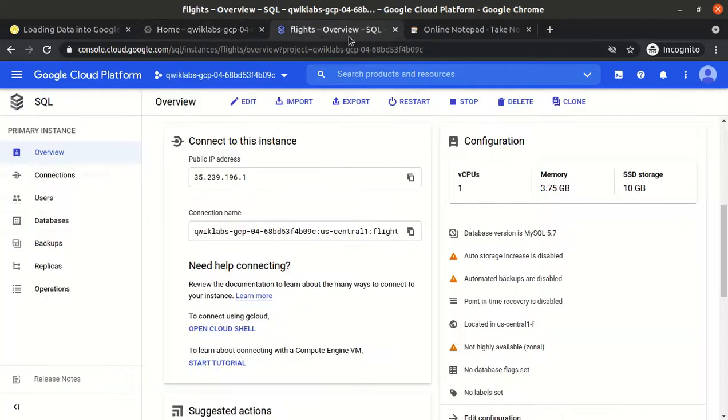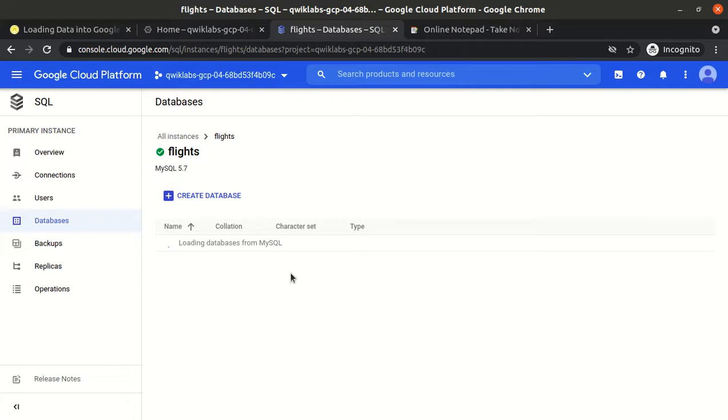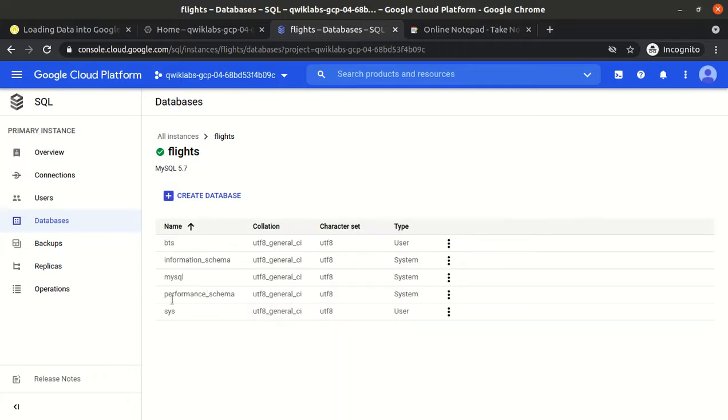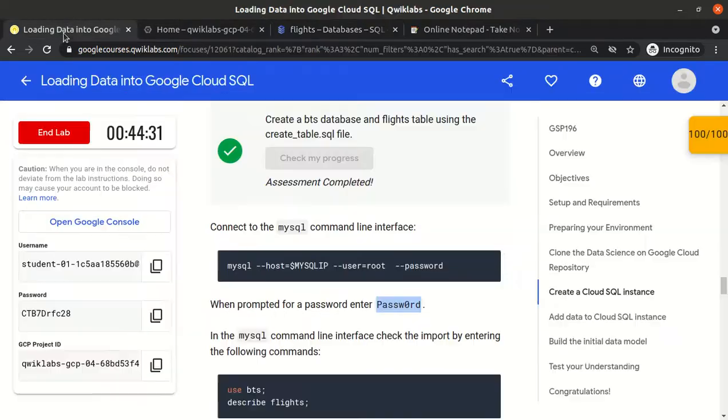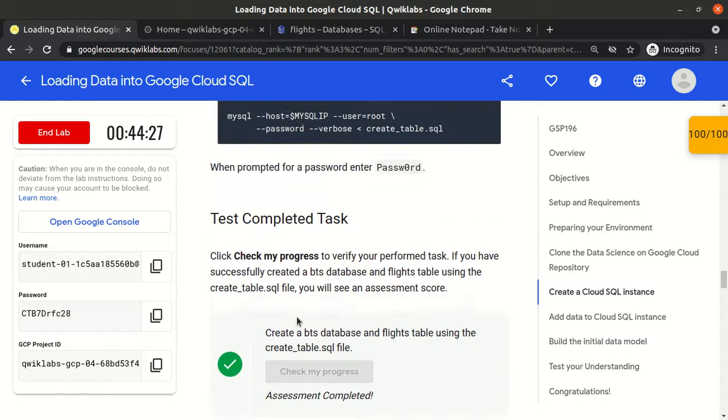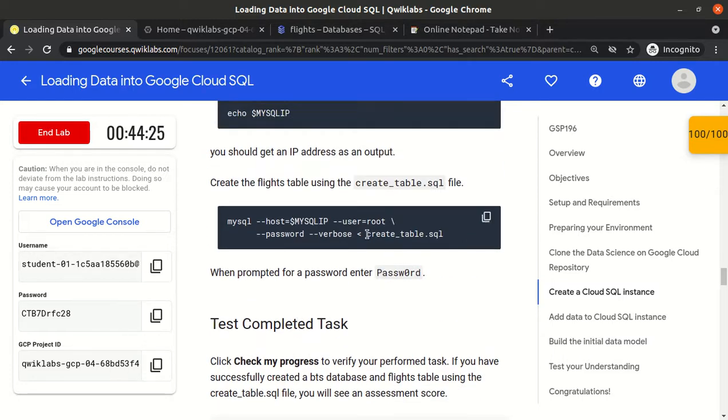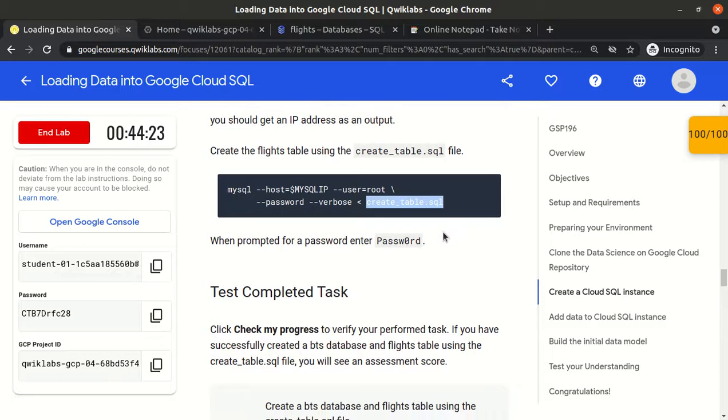We can see all the databases from here as well. Click on Databases. See, these are a few default databases. One is the BTS database, which is part of the .sql file, the create_table.sql file which we have created.